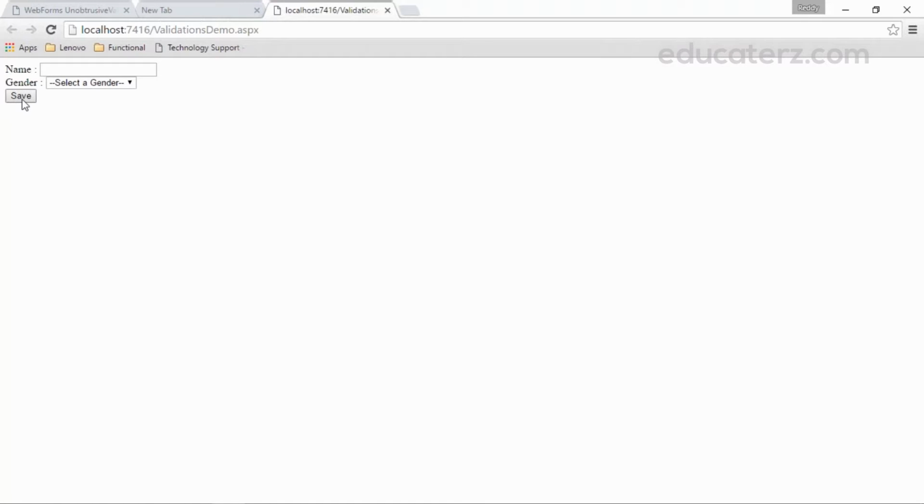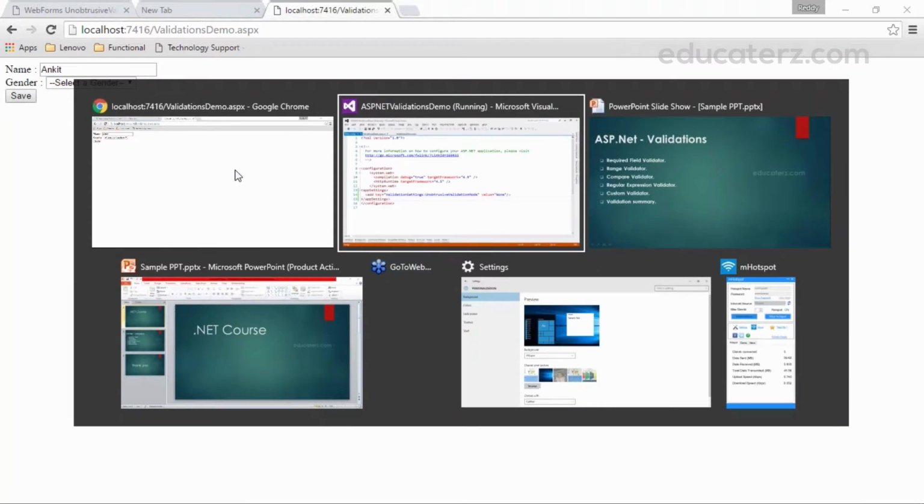If I click on the save button without entering anything, what will happen? Name is required. This is fine. If I pass something and click on the save button, it is not throwing an error message for the gender drop down list. Why is it happening like this? Because something is there, whether male or female is selected or Select Gender is there. Why are we getting an empty space here? Let us see that first. Then I will tell you why this error message is not populating.